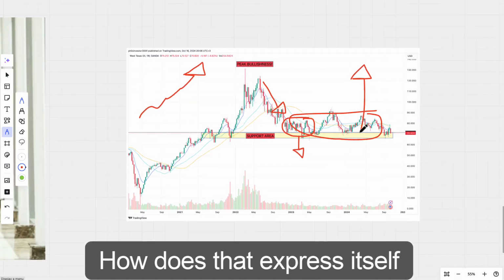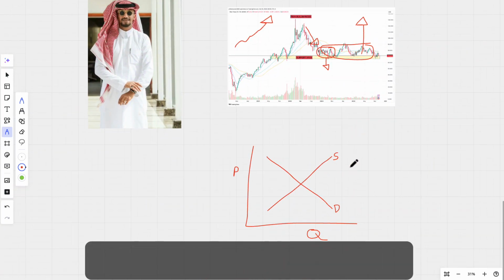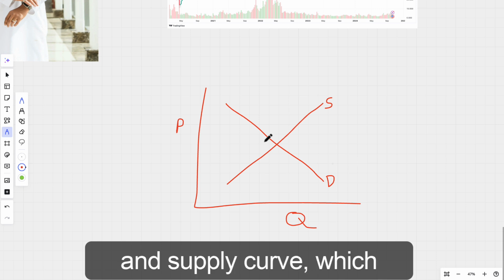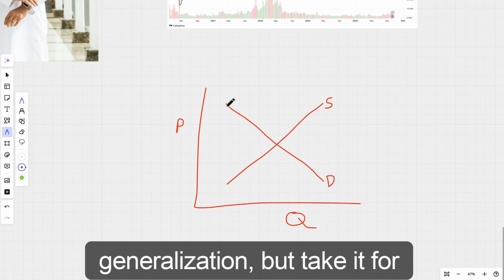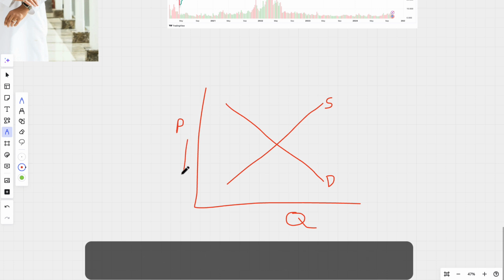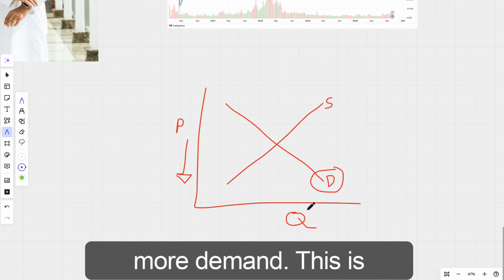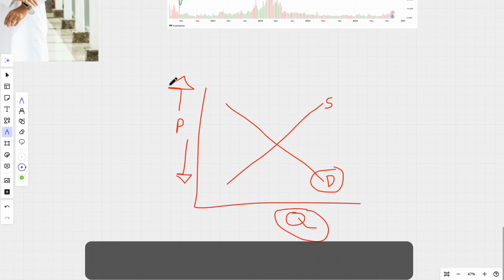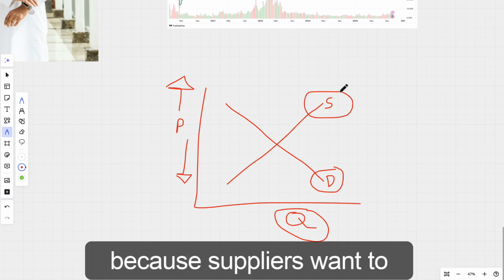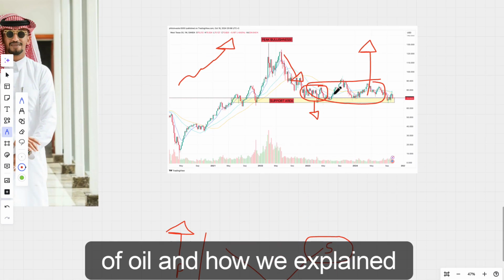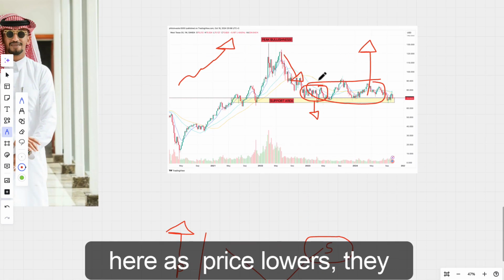How does that express itself into demand and supply? So this is a traditional economics 101 demand and supply curve, which shows, it's an overgeneralization, but take it for granted right now. It says that as price lowers, there is more demand. This is quantity. And it also says that as price goes up, there is more supply because suppliers want to sell at higher and higher prices. However, in the case of oil and how we explained here, as price lowers, they need to